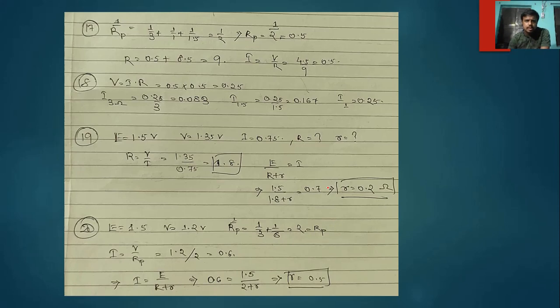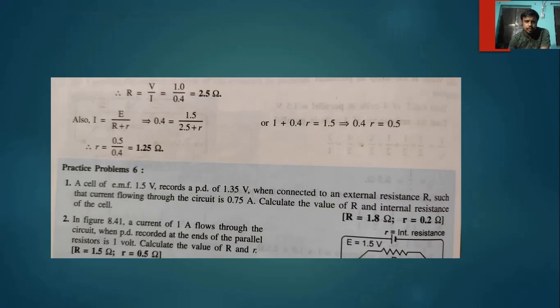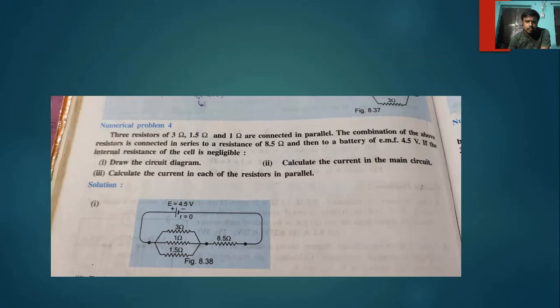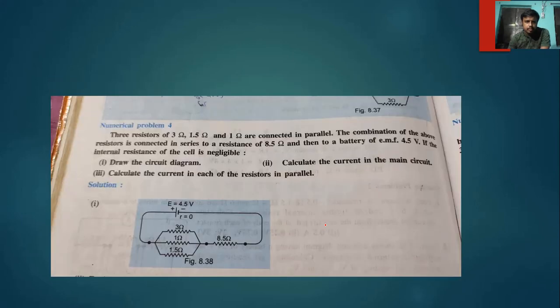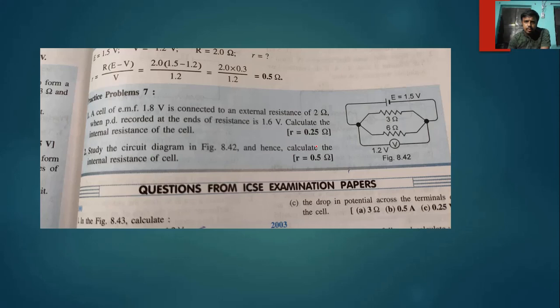R1 by Rp is given 3.4. Actually, I'm not getting which. Okay, let's see this. Here E is given. E is nothing but EMF, and E is considered as potential difference unless and until internal resistance is given. As you can see, here internal resistance is not given, small r. Internal resistance is denoted by small r. In this, internal resistance is not given, so this will be considered as simple potential difference. Okay, so E is 1.8 volt.